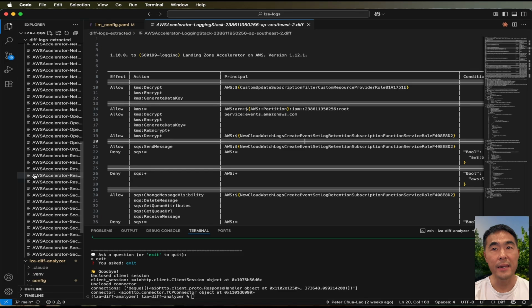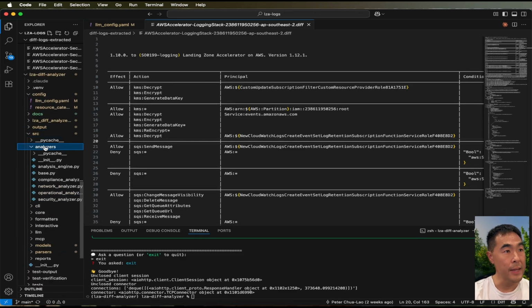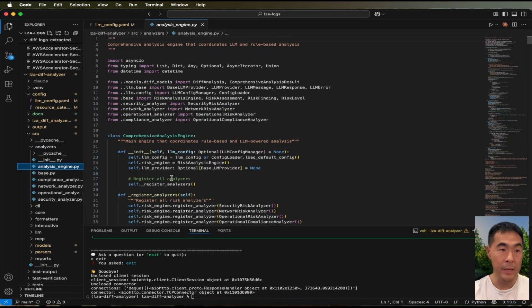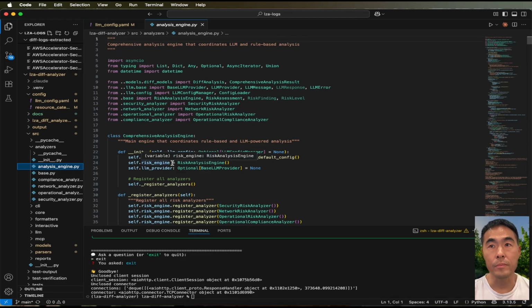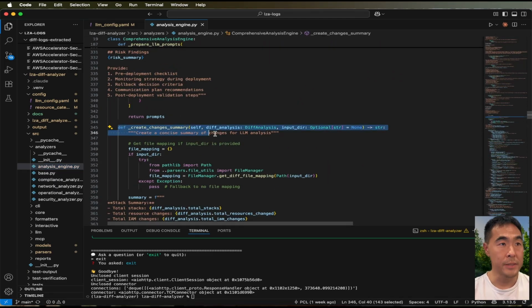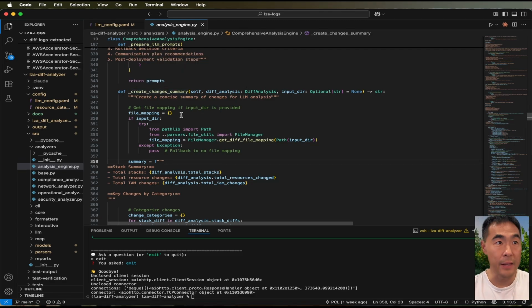If we look at the analysis engine in the source directory under analyzers, this is the main coordinator or orchestrator, orchestrating the rule-based analysis outputs and combining that with the outputs of the LLM,